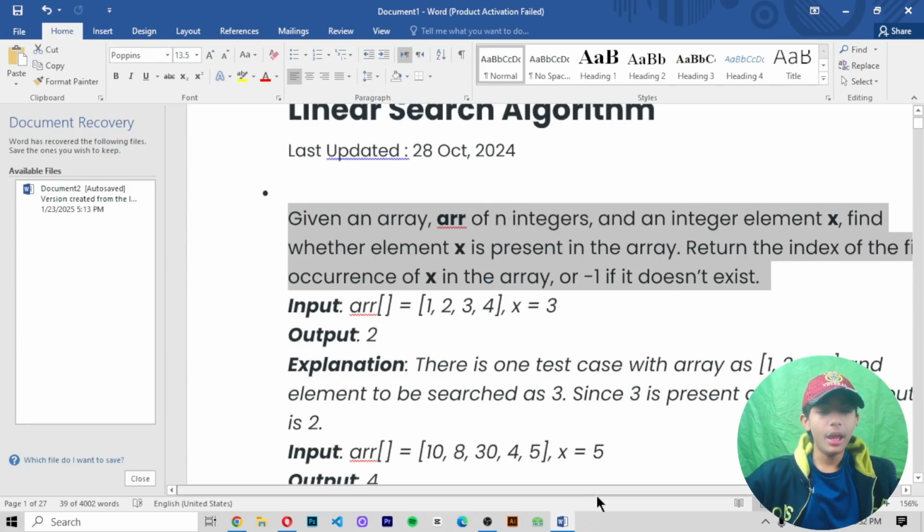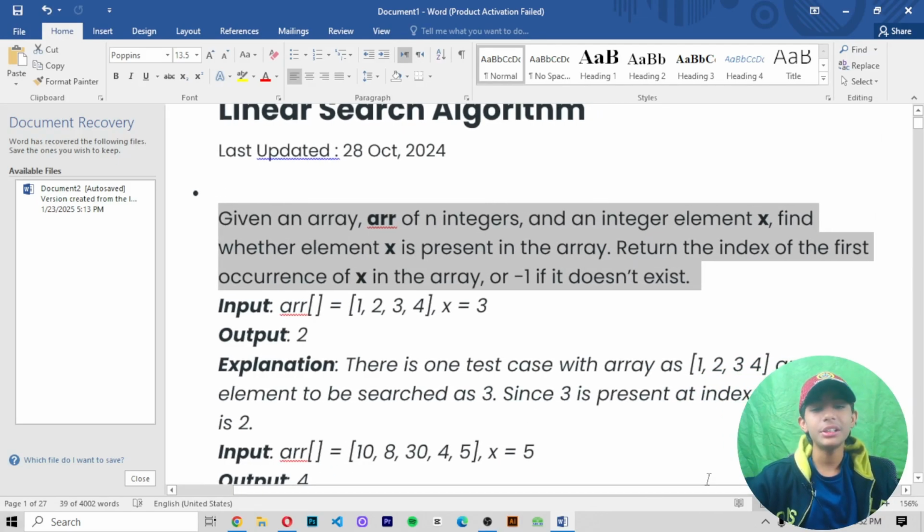Given an array ARR of integers and an integer element x, find whether element x is present in the array and return the index of the first occurrence of x in the array, or -1 if it doesn't exist.